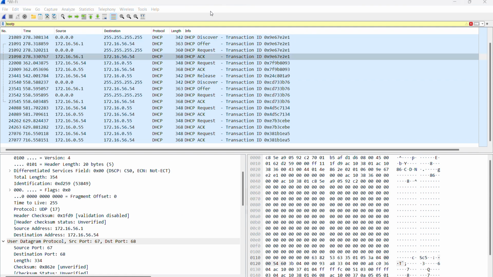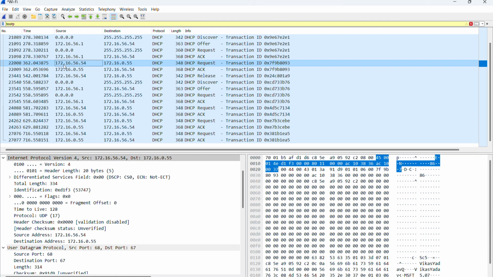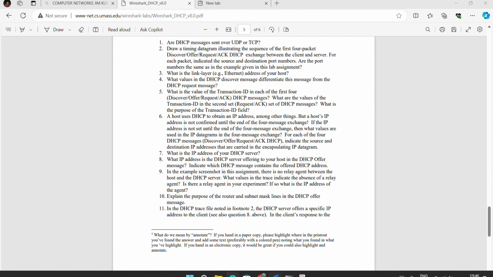Open Wireshark. In this, 172.16.56.54 is a client address. Next question is,